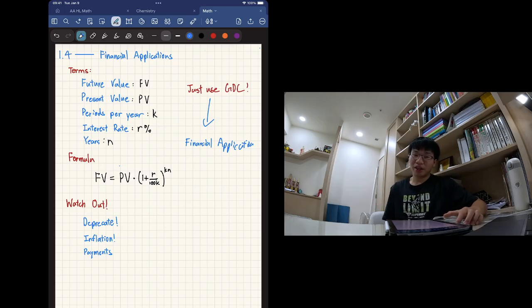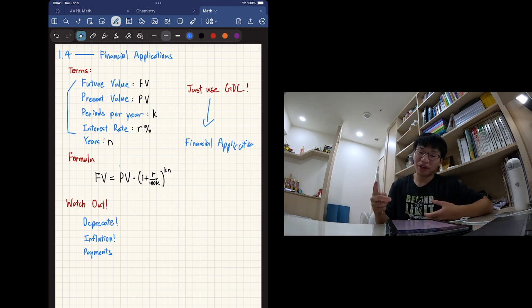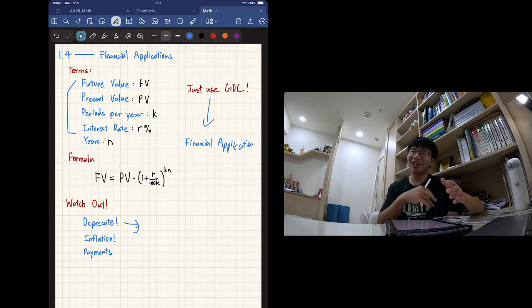And the way the question is worded, it's going to give you all the values except for one of them, and you have to deduce that one out. And there are many different variations to how financial application is tested. So, for example, the value might not go up. For example, if you're buying a used car, every year the value goes down. So you've got to know